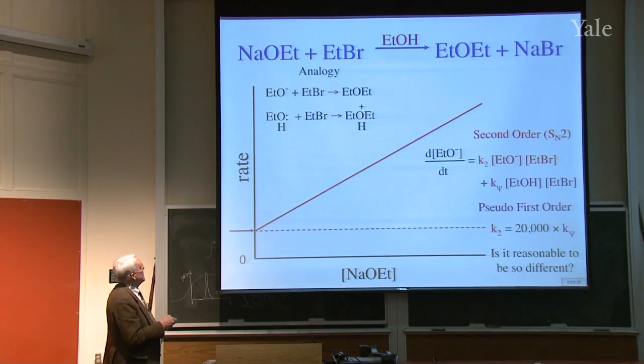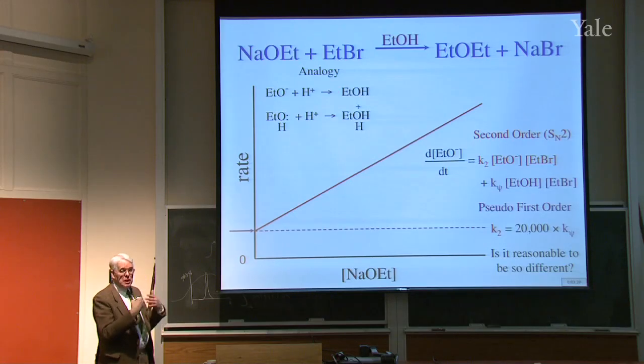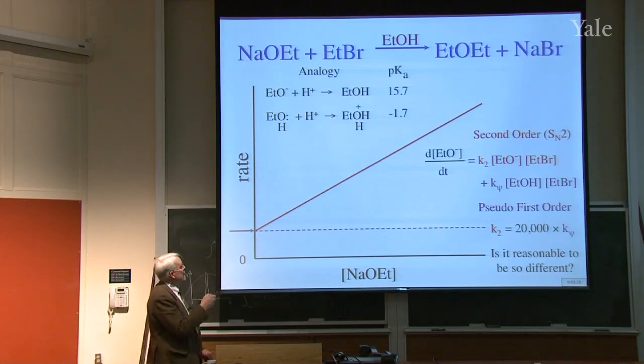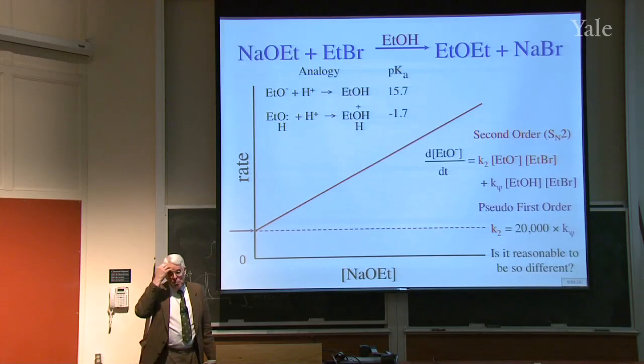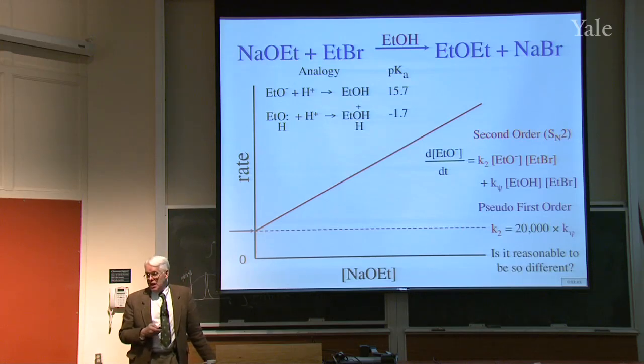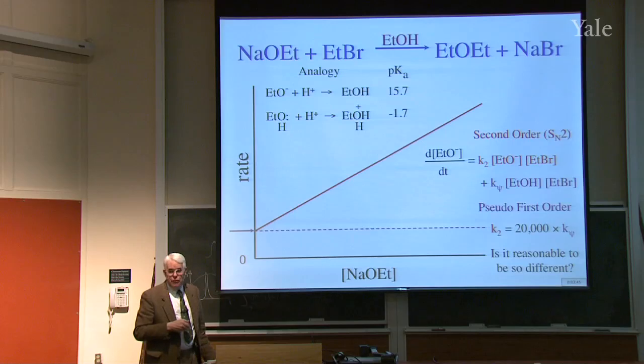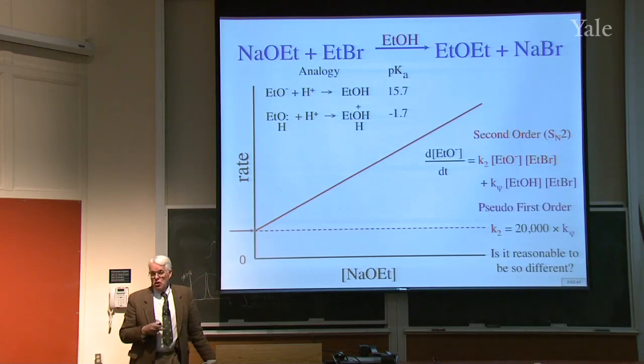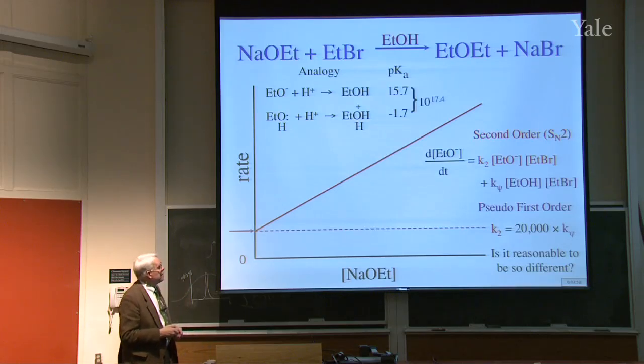So the analogy to that is attacking protons. And that's an equilibrium that's easy to measure, by the way we did last time. And we find out that their pKa's differ by what, 17.5 powers of 10, right? Here they differ by only a little more than 4 powers of 10. So you might expect it to be even bigger, right, the difference, right? But in fact,